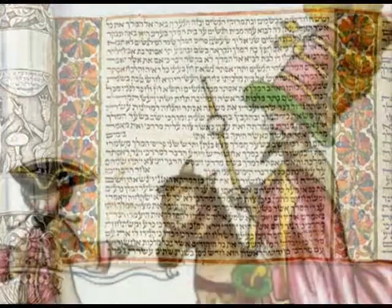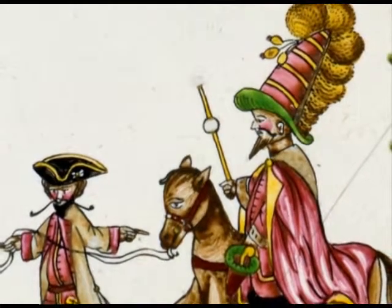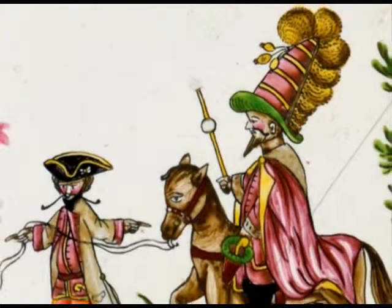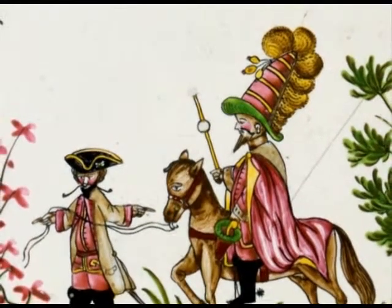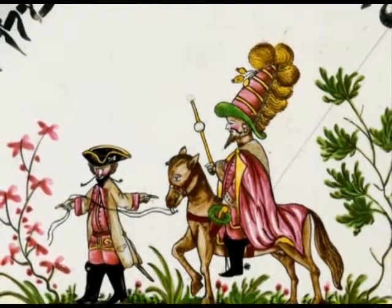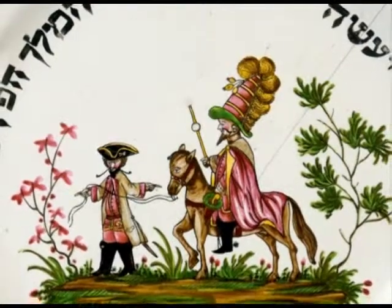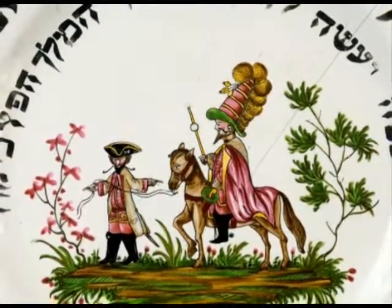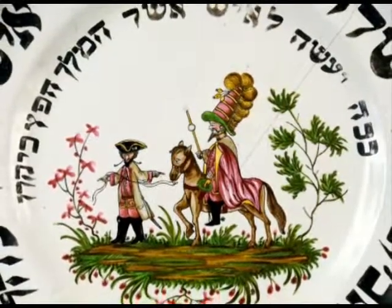This is a plate for sending portions on Purim, but again it was done in Metz in France in the early 19th century, and you can see also the very elaborate Napoleon kind of soldier, and also Haman with the French hat, and the text around it: Mishloach manot ish lere'eu umatanot le'evyonim, and also gifts